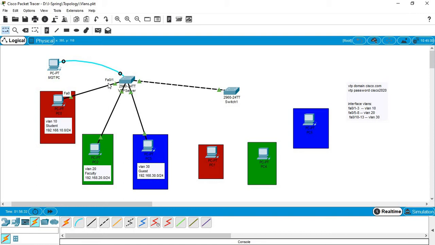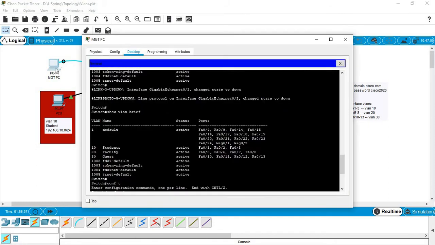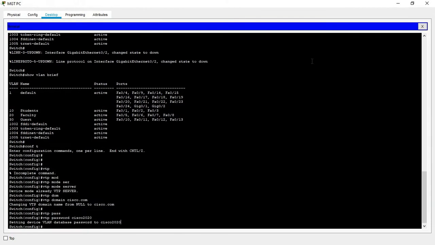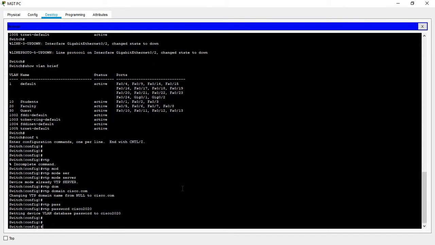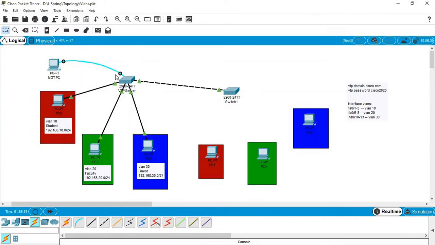Okay. Now let's head over and finish up this. So almost I'm done with the server. Now let me change over to the client. That's basically enough for us to have our VTP set up in the server. Now let's head over to the client. So I'm migrating this console over here to the client,